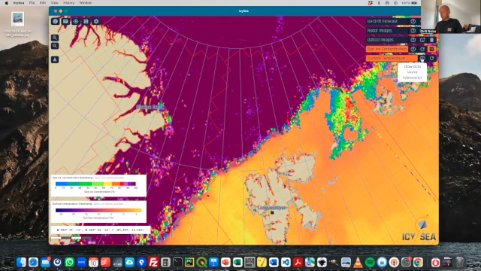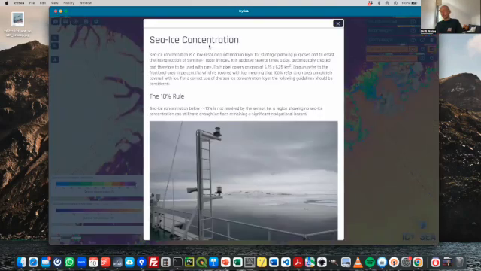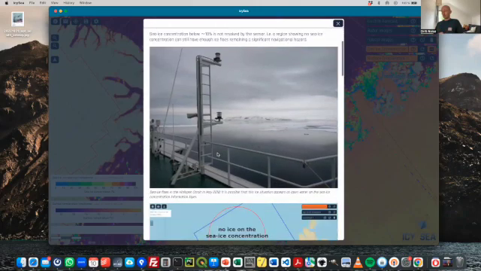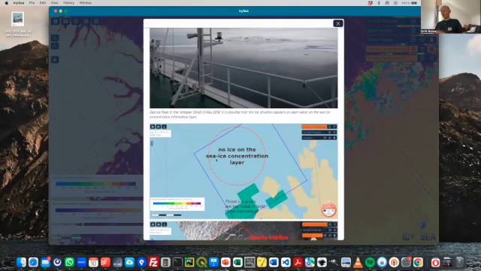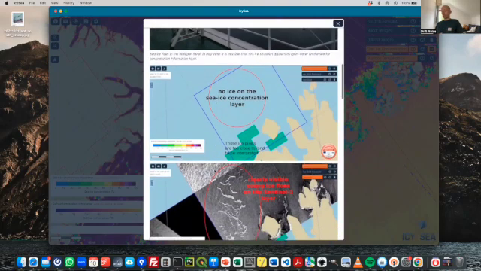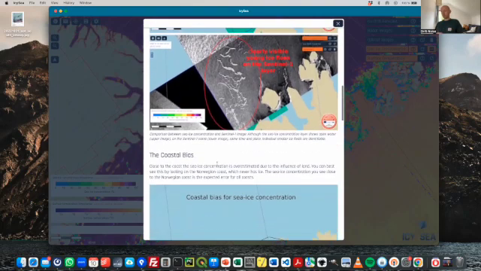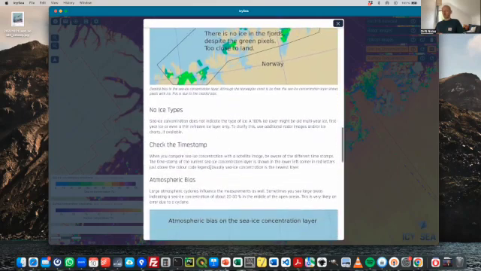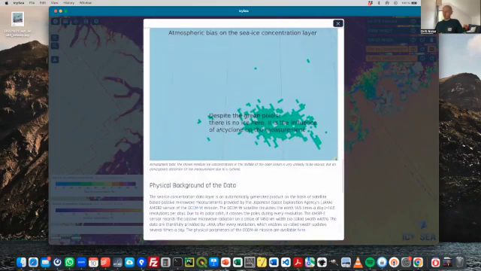Important thing for these two layers, but also for all the others, is this little question mark icon here, which is sort of a user guide. I'm going to click on the sea ice concentration, which gives you general information on the resolution of the data that you look at, but also, as they're all scientific data layers, there's some uncertainties with those data sets and some rules that you have to keep in mind. So this is an explanation of what you see on the images, gives you a little bit of interpretation help, and information where we got the data from, of course.